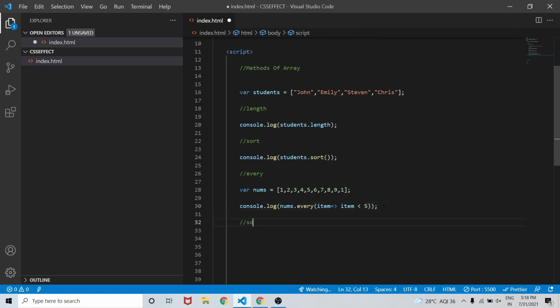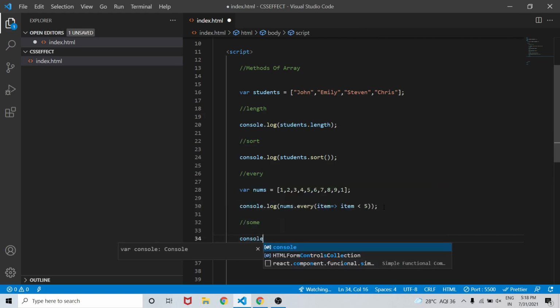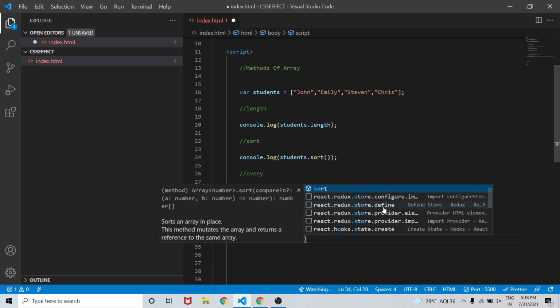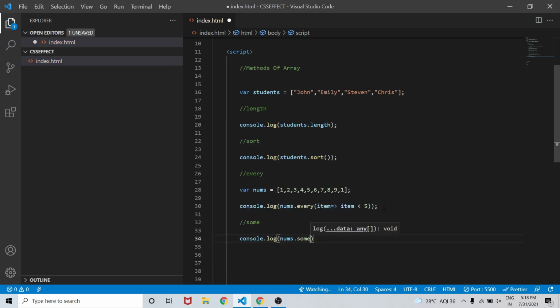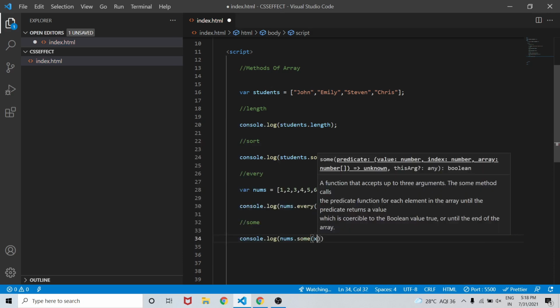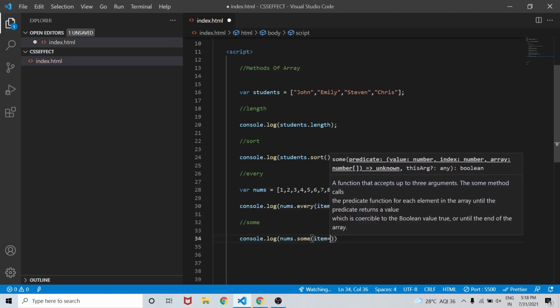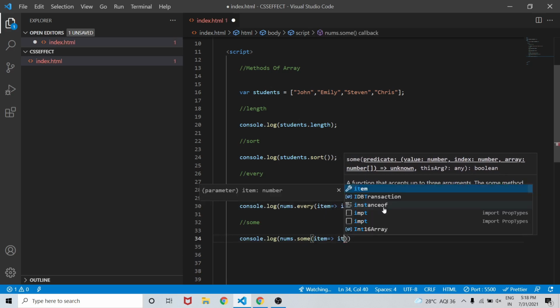Now we will see some method. So console.log nums.some, item arrow function. So this some method checks if some of the elements satisfy a given condition. Not every element, it is some element.